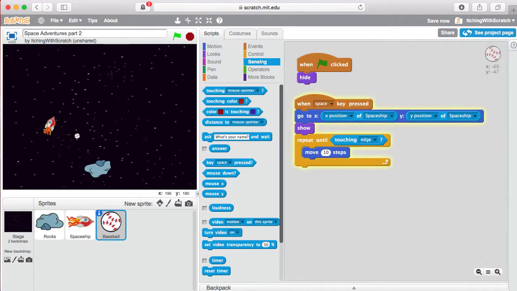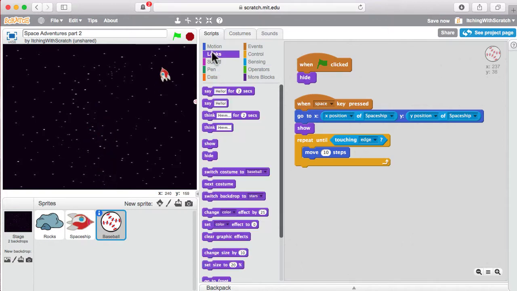And now it always goes to the edge and then it sticks there. So we got to hide when we get to the edge again. So now it looks like we're shooting it well,